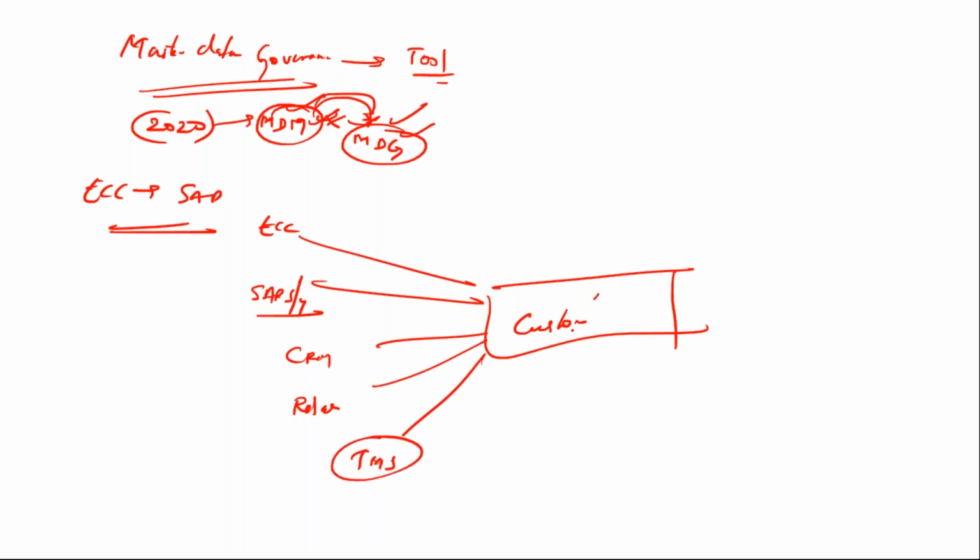Your customer or any product information can come from anywhere. So how will you decide what master data will reside in my system? It's coming from various systems, right? That's when master data governance decides how this entire thing will be implemented in my particular system.